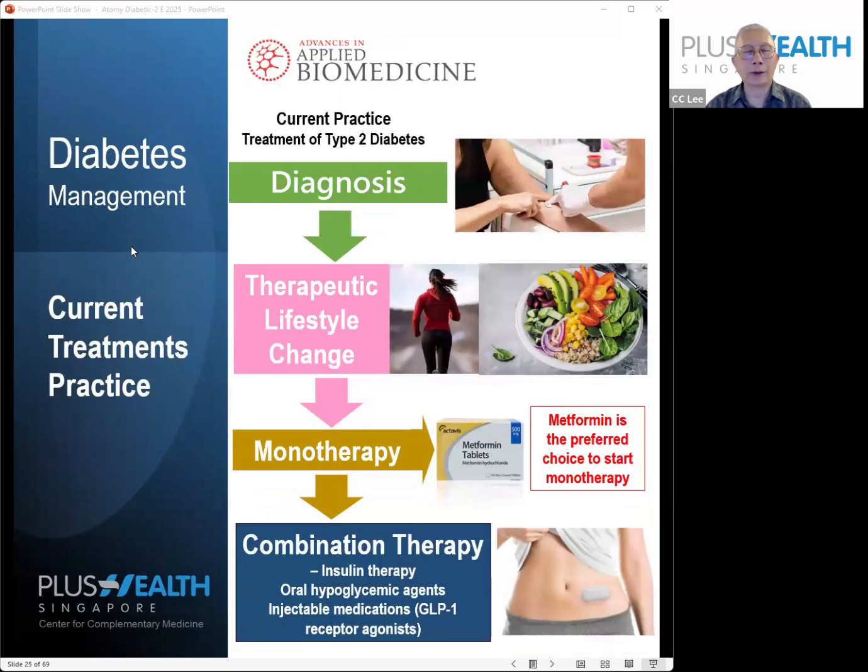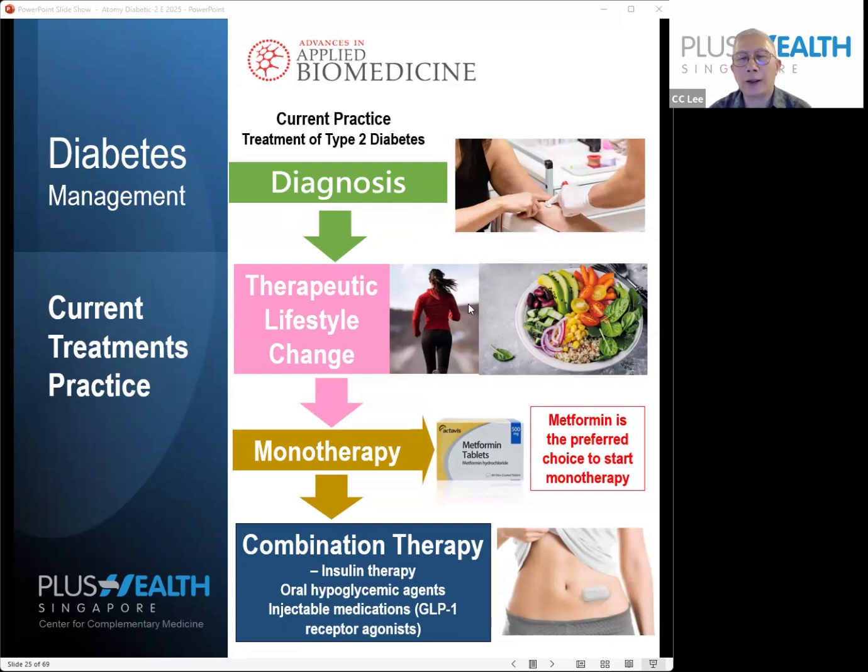Okay, right. So let's take a step back and look at the current diabetic management in terms of current treatment practice itself. You look at this chart, it's a very simplified flow. Well, after the diagnosis, when you are diagnosed with diabetic conditions, it depends on the stage of diabetes, right? So if you are pre-diabetic or you just have insulin resistance, basically, I think the first line treatment